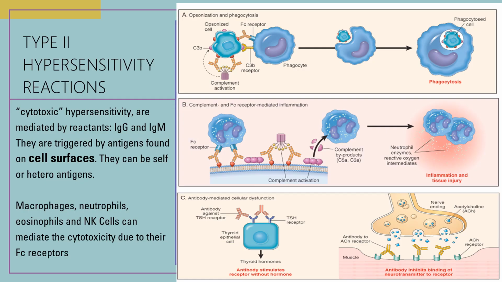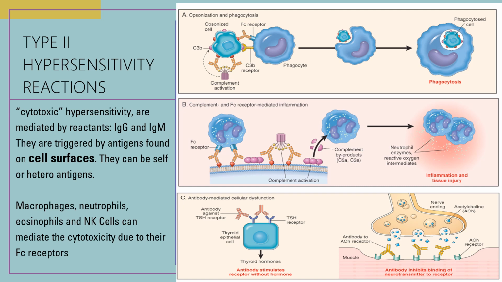Now for your type 2 hypersensitivity reaction, it is also termed as cytotoxic hypersensitivity because the antigen is bound to the cell surface. So what are the reactants that mediate this hypersensitivity? They are your IgG and IgM antibodies. So these antibodies are triggered by antigen found on cell surfaces, and those antigens can either be of self or